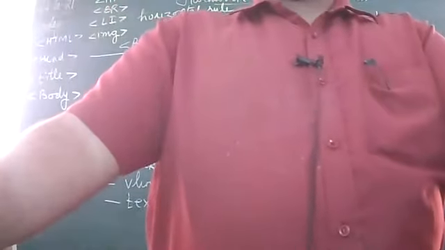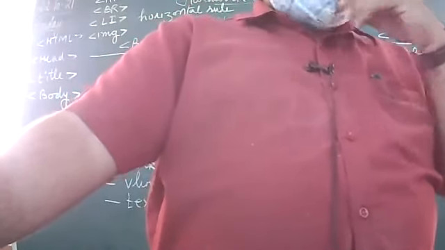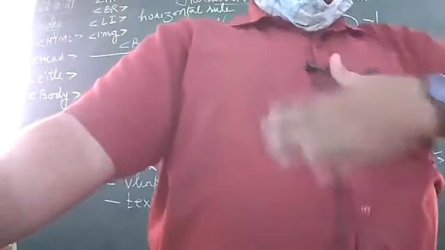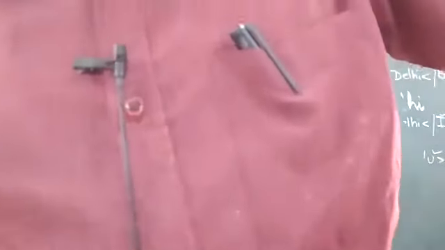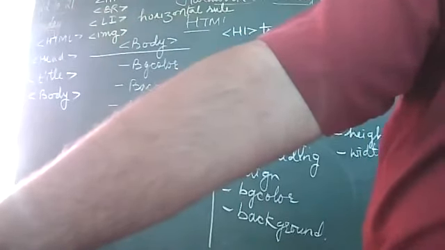All right. Open to page 82. Don't raise your hands. All of you hold a pencil in your hand. Let us discuss first of all the multiple choice questions given at page 82. The first question is, which tag is used to make the text italic? C option. Very good.